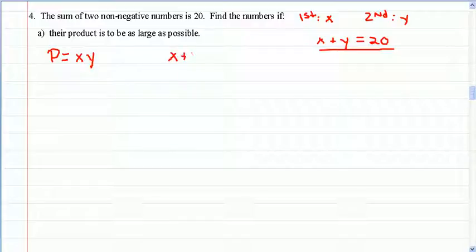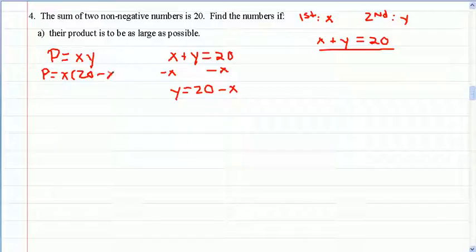So if I take x plus y is equal to 20 and solve for either x or y, it doesn't matter which variable, so that p is equal to x times 20 minus x, and before I take the derivative I want to distribute,